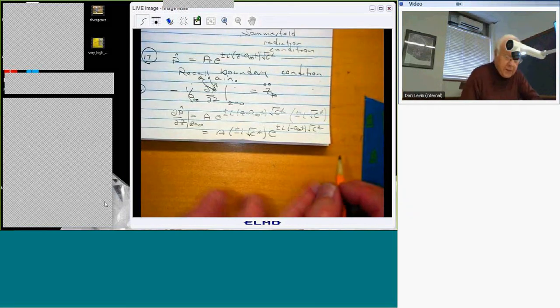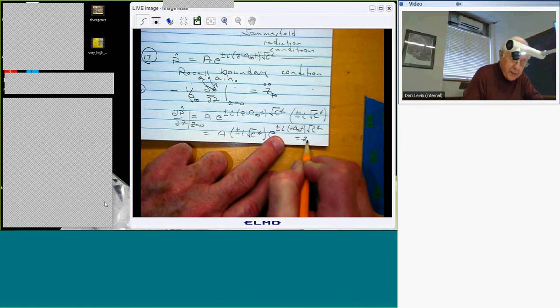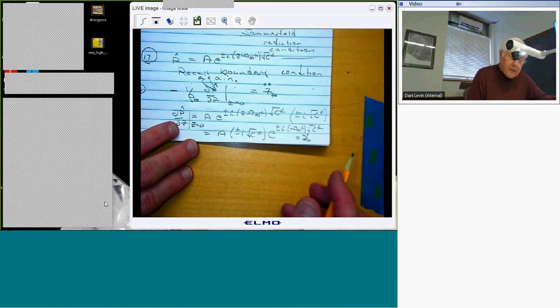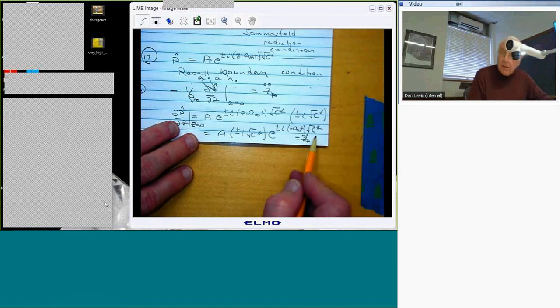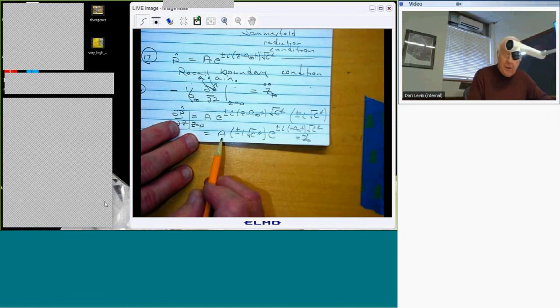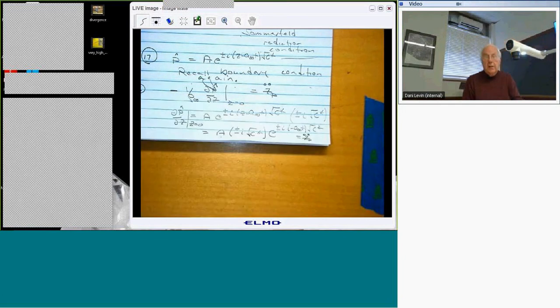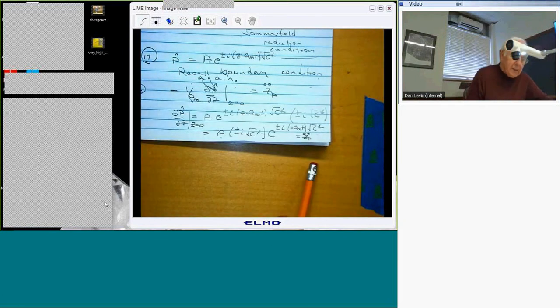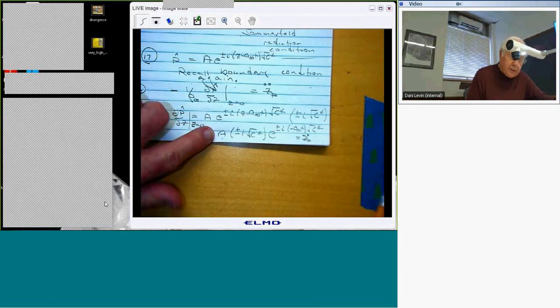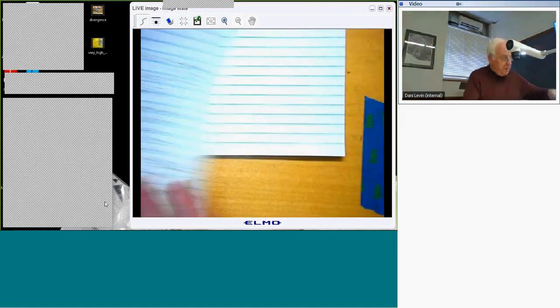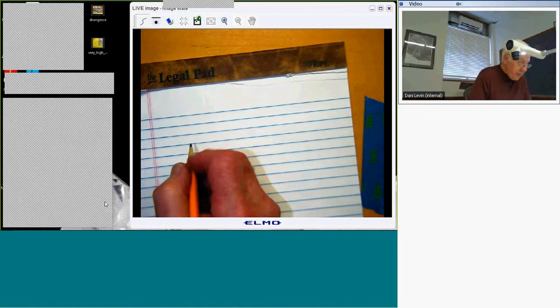Equals zp double dot. We're going to get there, I think. Now, we need to know what C star is, right? We need to know what A is, and how we're going to determine that in terms of zp double dot. And I think that's going to be hard, actually. But we will attempt it. So we have A plus or minus I